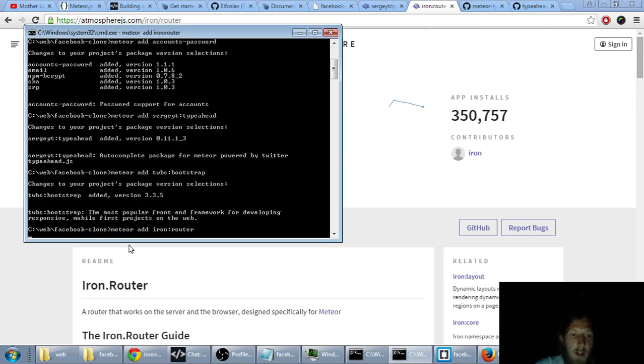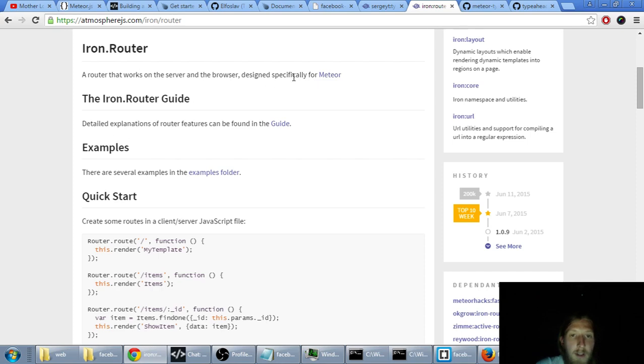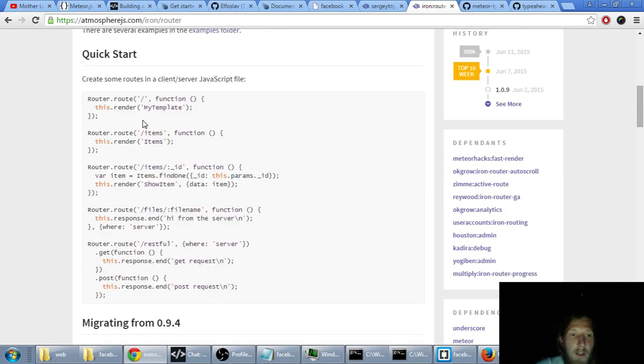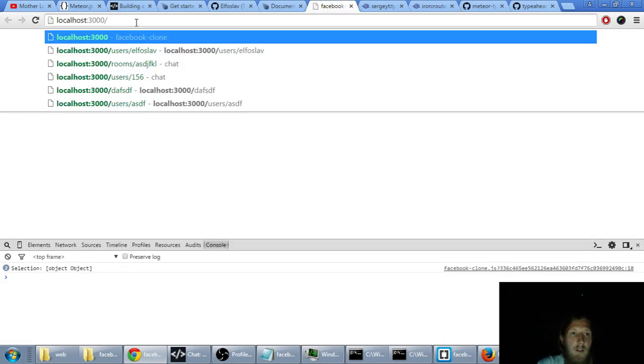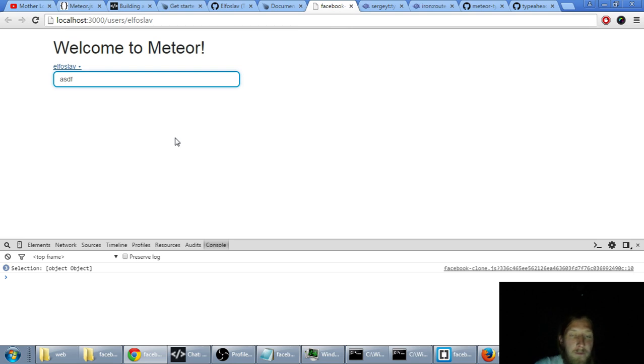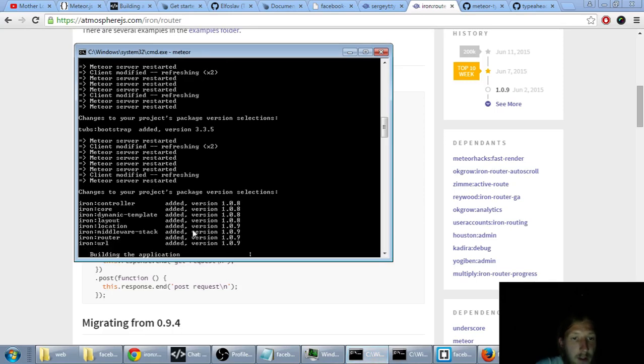I will add Iron Router to handle routing. We want to show like user or users and username to show user profile. Our package is adding to our application,